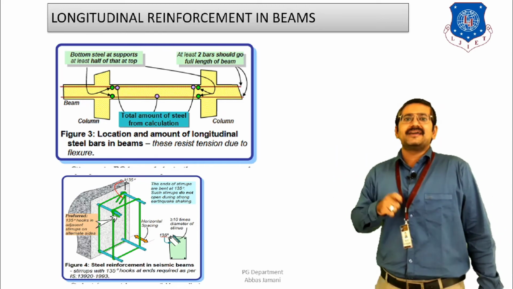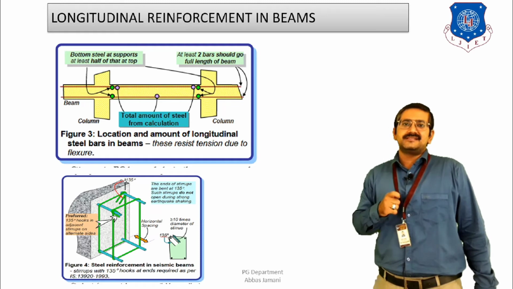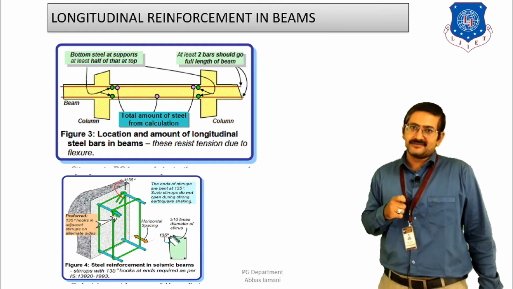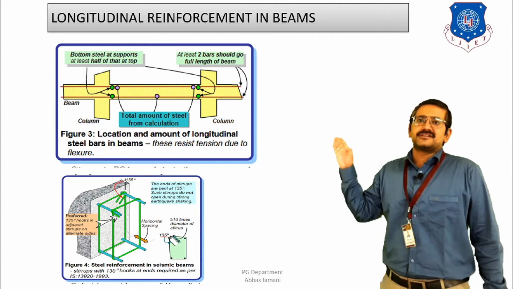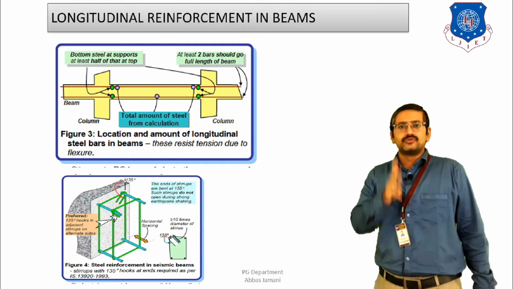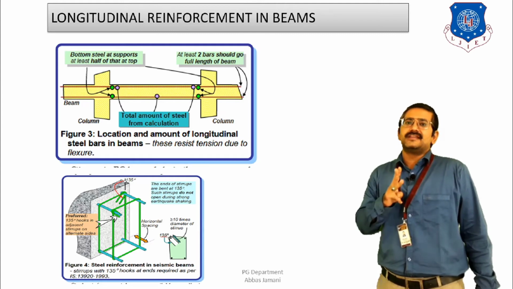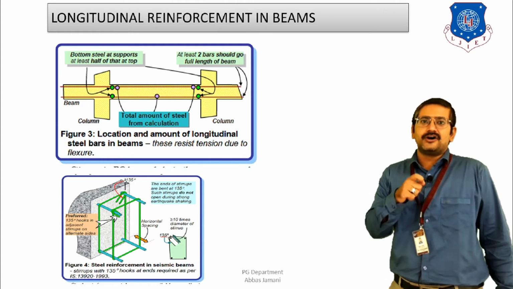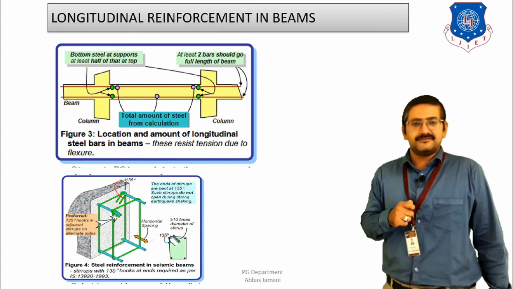For example, again I have said that 12 cm square is the amount of steel required due to the moment diagram. Then 25% of this 12 should be minimally, that is 3 cm square steel, provided throughout at top and bottom along the length of the beam, right? So this is also an important guideline for longitudinal reinforcement of the beam.